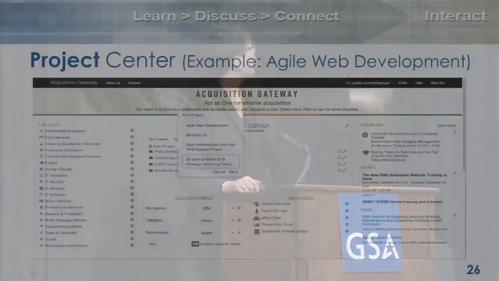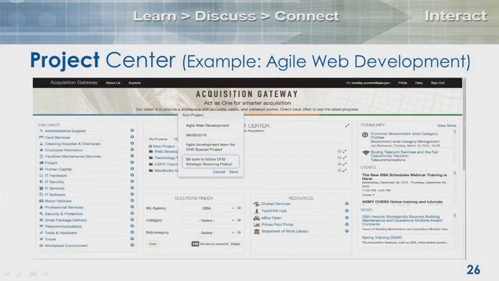So you come to the gateway and you start a new project. What is up there is an actual project that says we're buying Agile development, there's a due date, there's a bit of a description. What the project does is it allows you to begin to collect resources from all over the gateway. You don't have to start a project when you come into the gateway, but this allows you to tag resources and identify it to this individual project, so you don't have to remember what articles, what contracts, what statements of work that you found to be valuable as you were going through the tool.